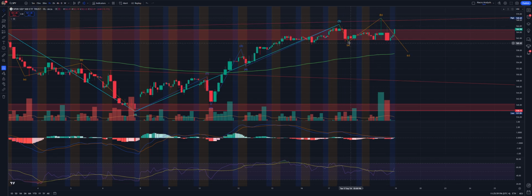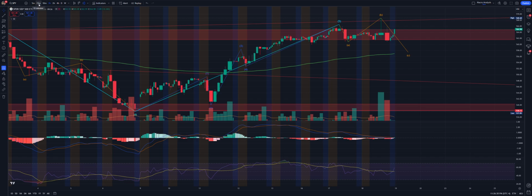Now, technically, most of the time wave B ends about 0.618 or 0.786 fib, and then you have that drop to about extension 1 or 1.618 fib. That didn't happen here. These are rare instances that do happen. They do occur from time to time, and it seems this might be one of them. And if that's the case, you want to see